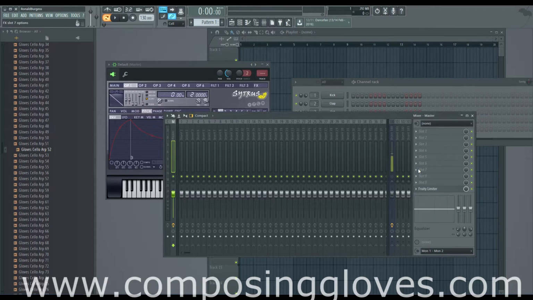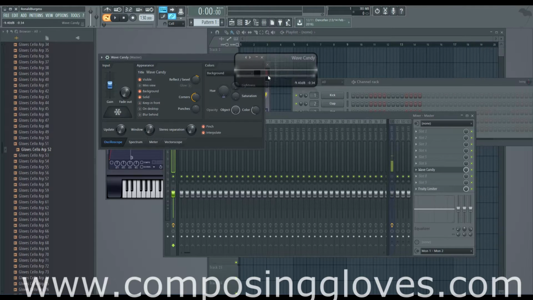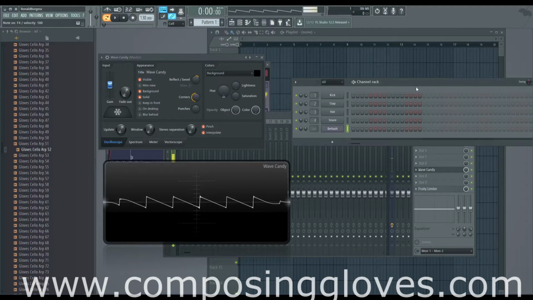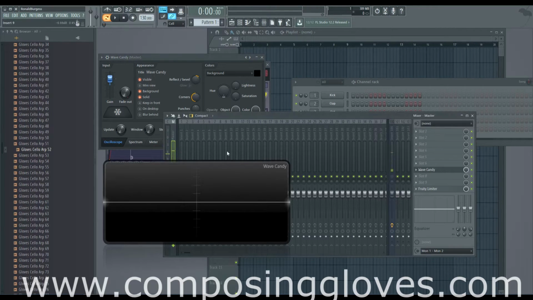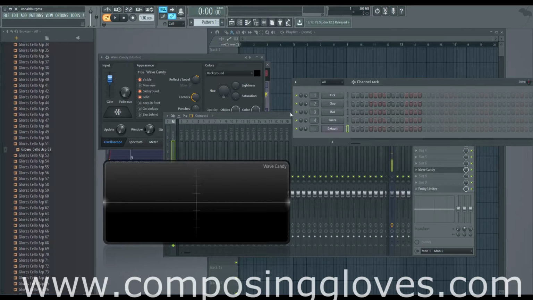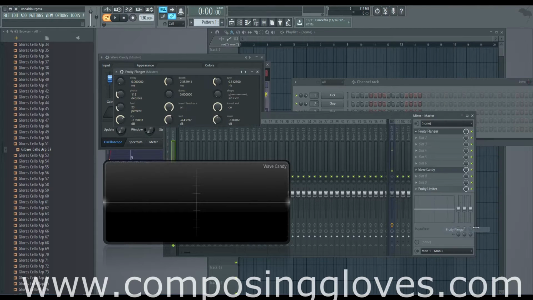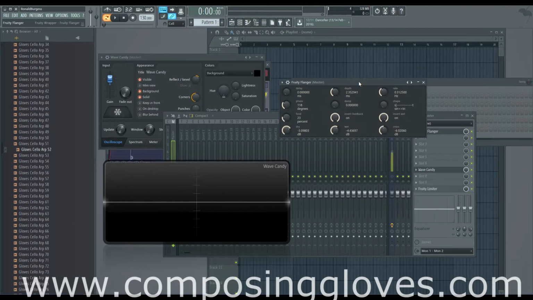So we're going to add a wave candy, which will serve us quite nicely, and we'll make it so we can see it. That is what we have. We're going to make it more clear. And we're going to be hearing a lot of that right now because we are going to be flanging our stuff. Flanger. So what the flanger does is it takes your signal and feeds it back into itself,